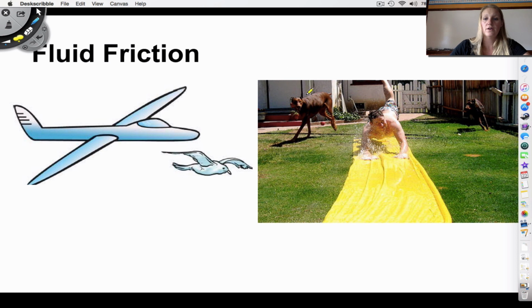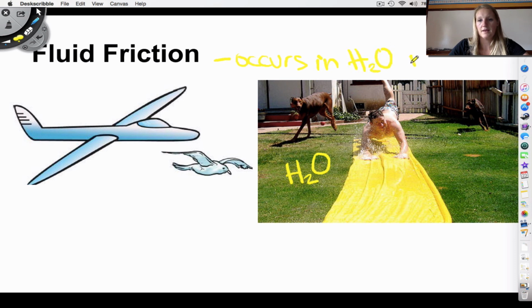There is water over here. So there is the water fluid. So it occurs in or within water and air. Okay, so we have the water over here, and then we also have the air over here. Okay, water and air. And it occurs when